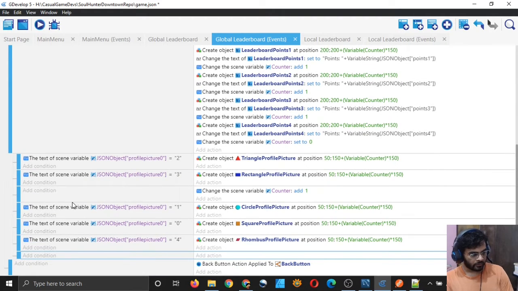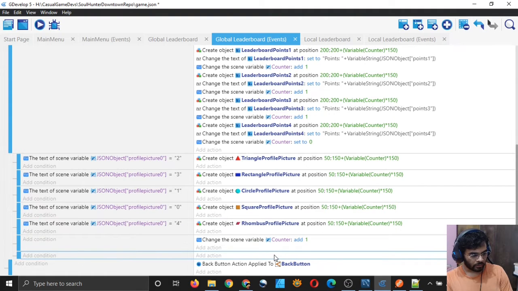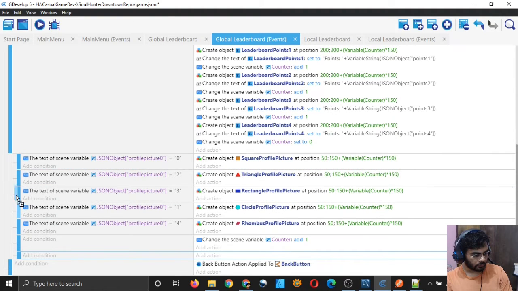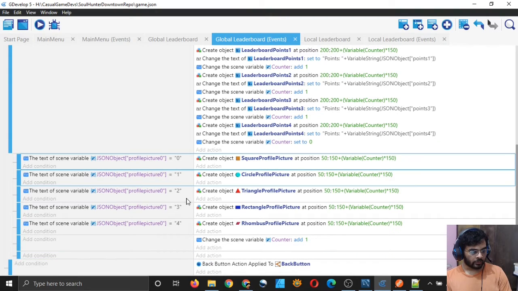So now you have pasted them all in this sub event, and the increment action event should be at the very bottom. You can delete this, but let it be there. And now it will only display one profile picture if we run the program right now, but we will not, because we want to do it for all the other users as well. We have done only for profile picture 0. We have to do it for profile picture 1, 2, 3 and 4.